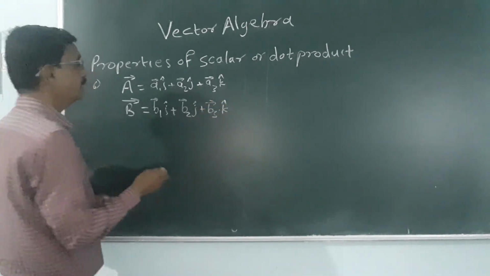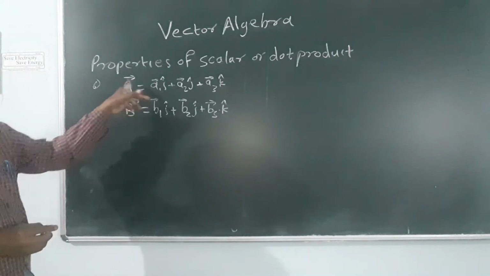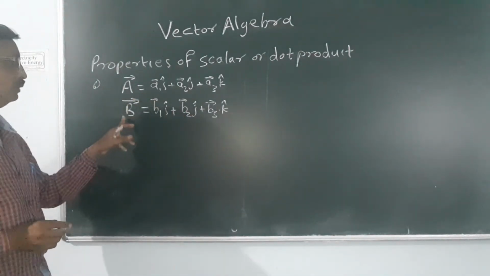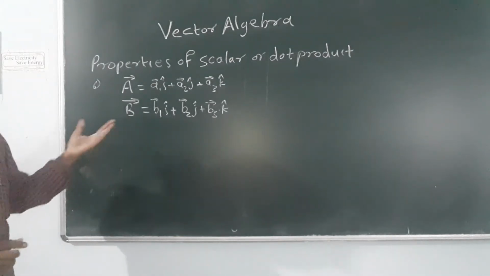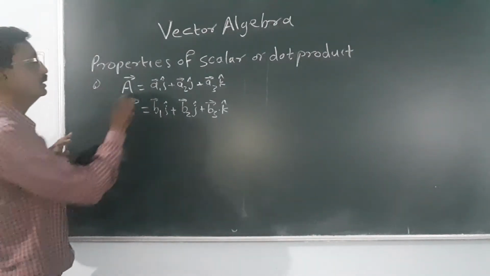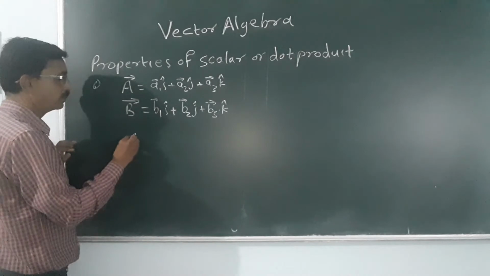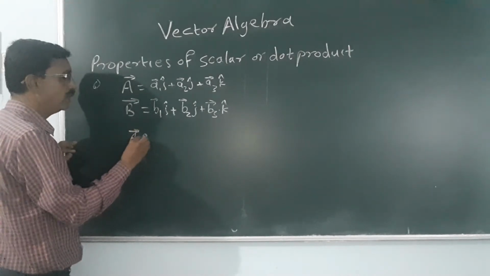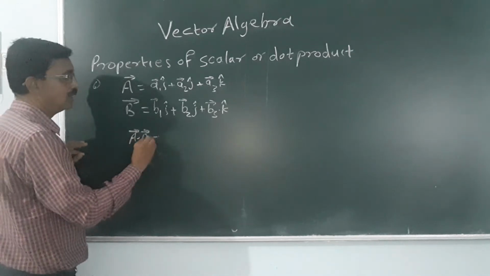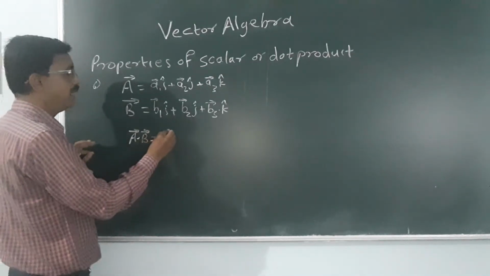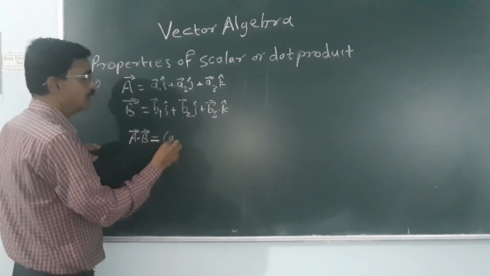So vector A has three components, vector B has three components, and whenever the scalar product of these vectors is taken, what will happen here? Vector A dot vector B, where dot represents the scalar product, is given by